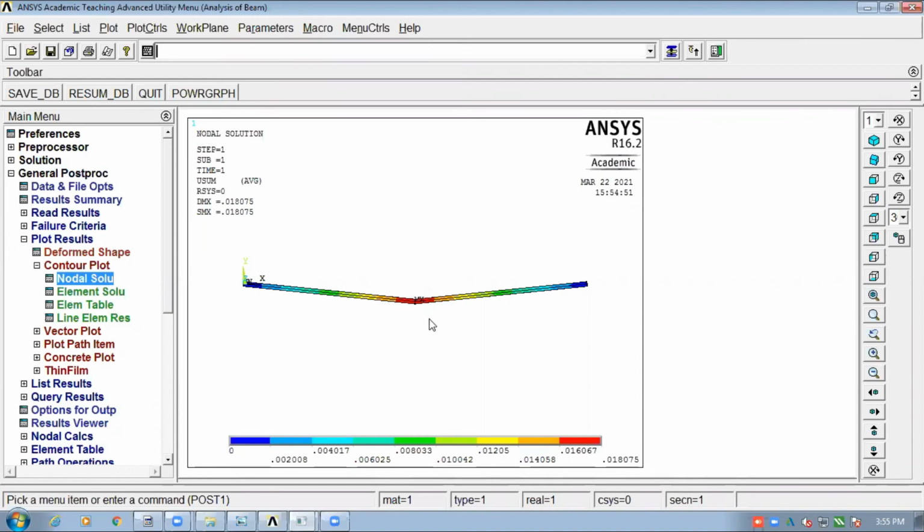Here you applied the force at a distance of 5 meters from the fixed end. So you're getting maximum displacement where you applied the force. So this is for displacement.